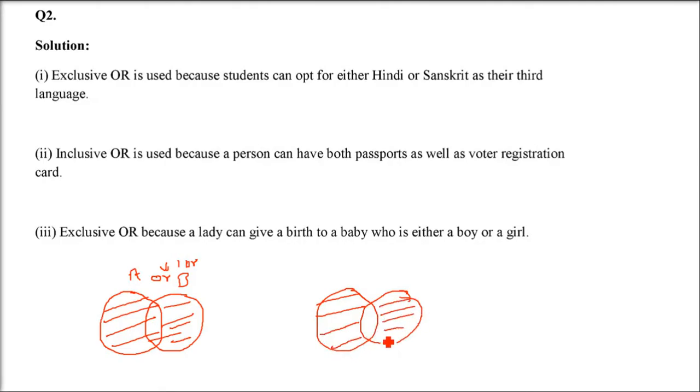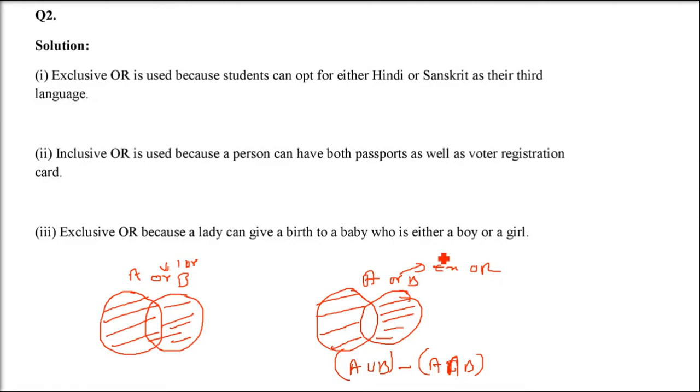When we talk about exclusive or, that is only A and B without the intersection. Whichever is common, you need to remove it. So the value can be either from A or from B. They cannot be from both. So A union B minus A intersection B. This is a representation of exclusive or, XOR.